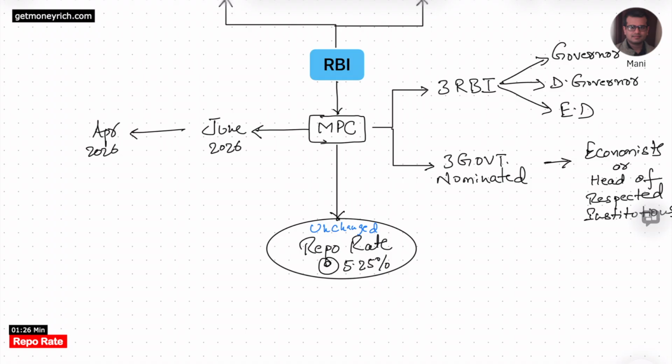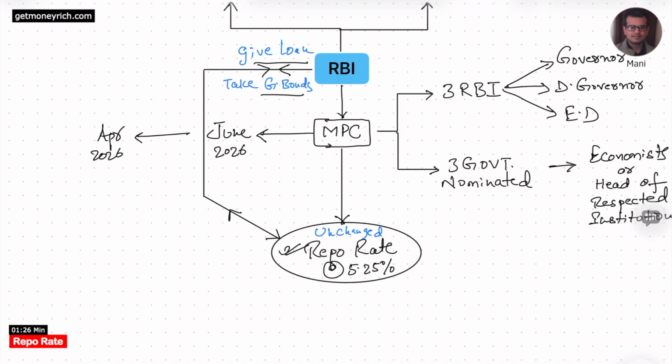And what is that collateral? The collateral are the government bonds. So this is an important difference. I will explain why it is important to understand this, because if a bank wants a loan from RBI at repo rate, they will have to keep government bonds as a collateral. This is important. And repo rate is the lowest rate that RBI will charge to the bank. This is the lowest rate. So if you have to get the lowest rate, you have to give a collateral in the form of a